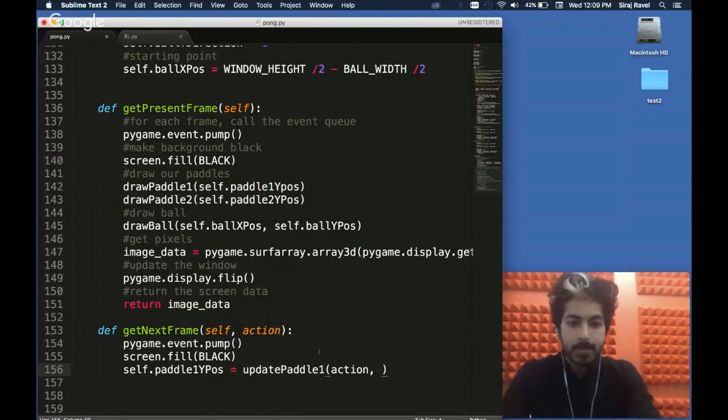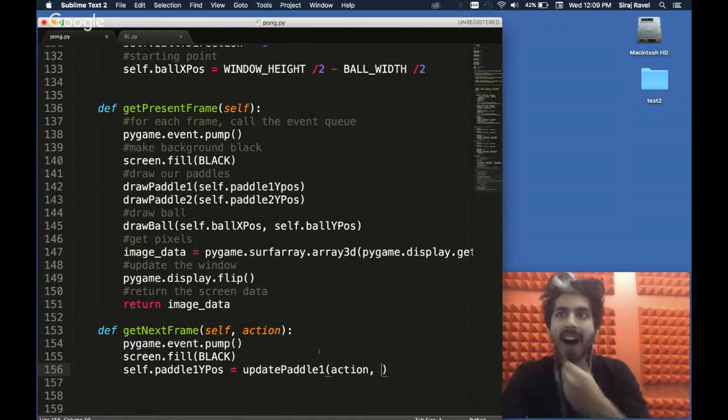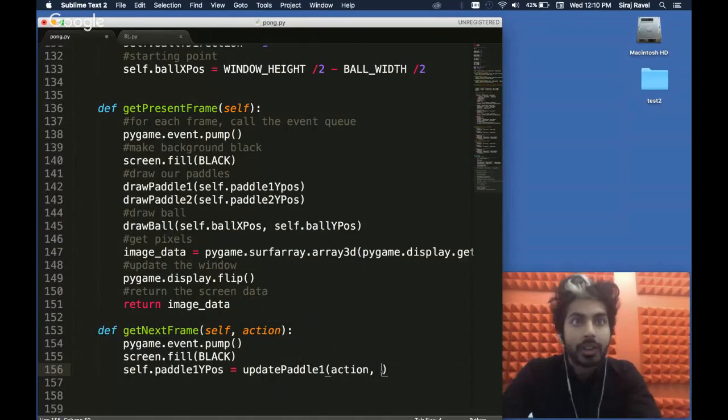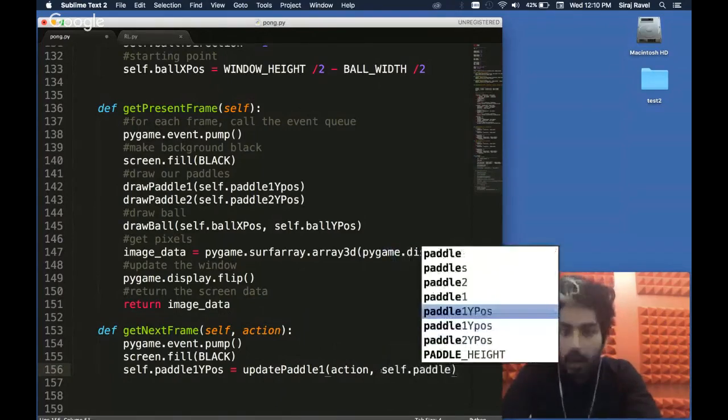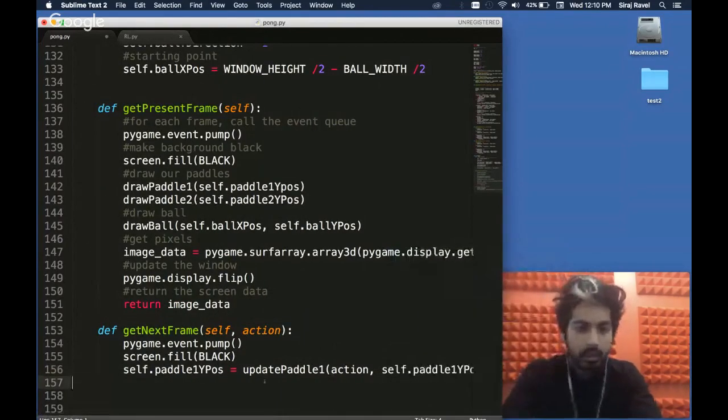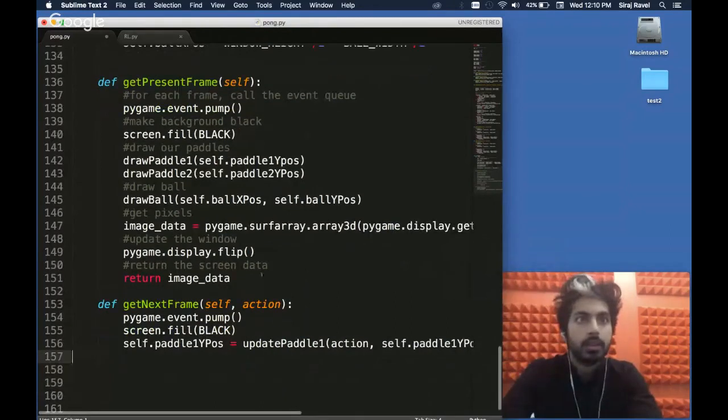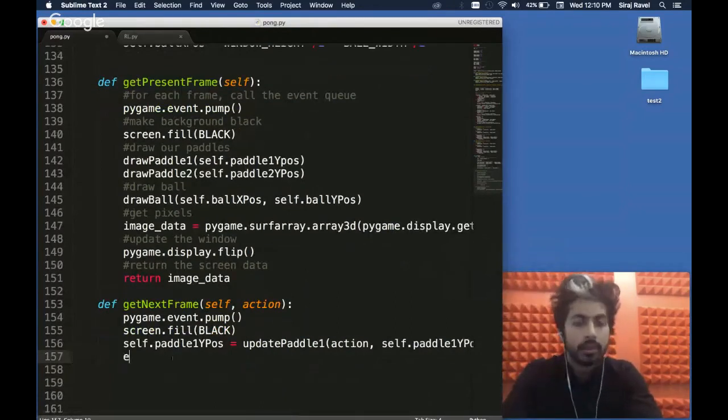Action is going to be the action and then the self.paddle 1 Y position.